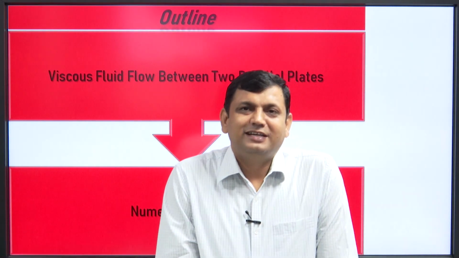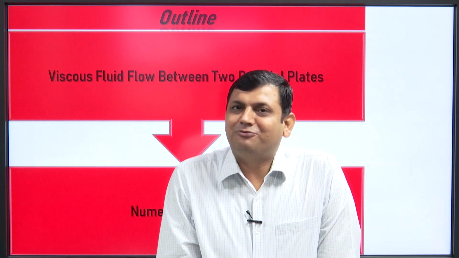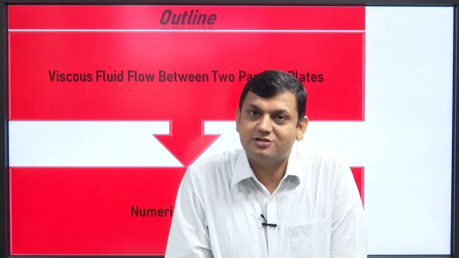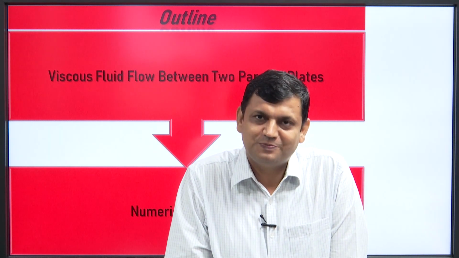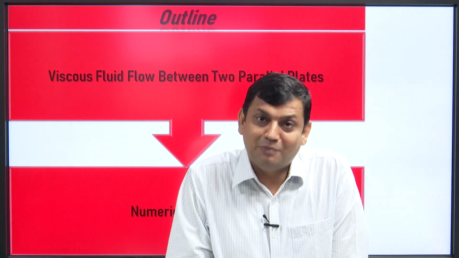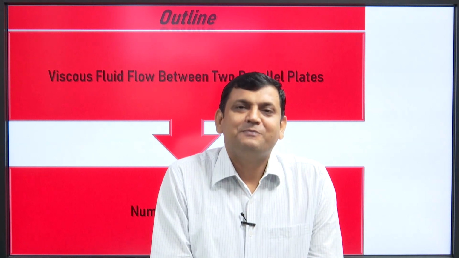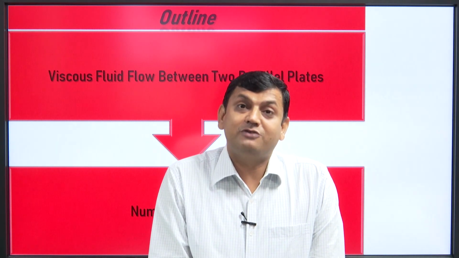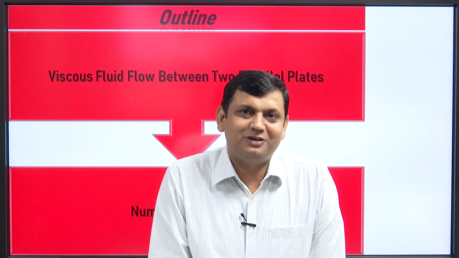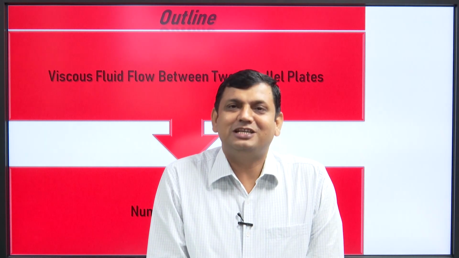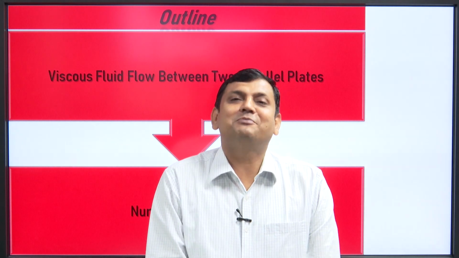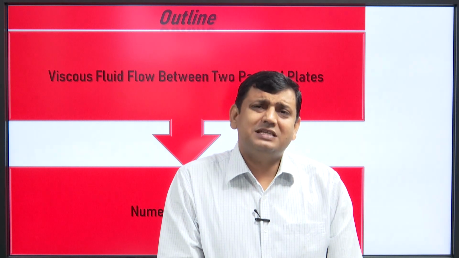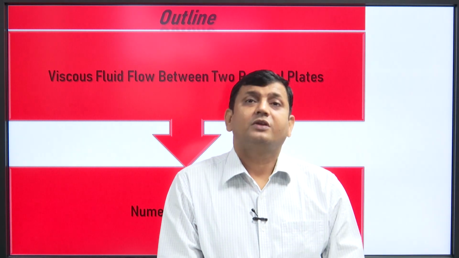In laminar flow part 1 we discussed in detail, when fluid flows through pipes, what the velocity distribution is and what the shear stress distribution is. We know the velocity is maximum at the center and the nature is a parabola, and the average velocity is half of the maximum velocity. With the Hagen-Poiseuille equation we calculate delta p equal to 32 mu u bar L upon d square. So, these are for when fluid flows through pipes.